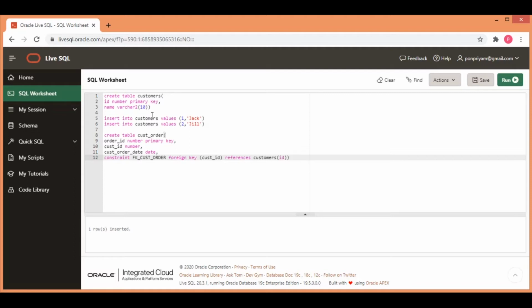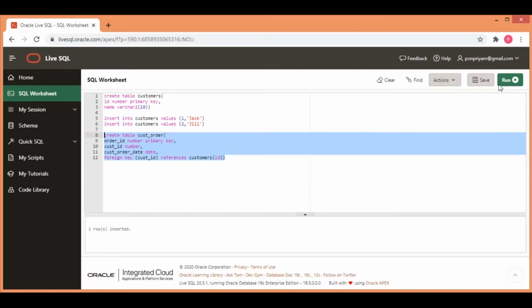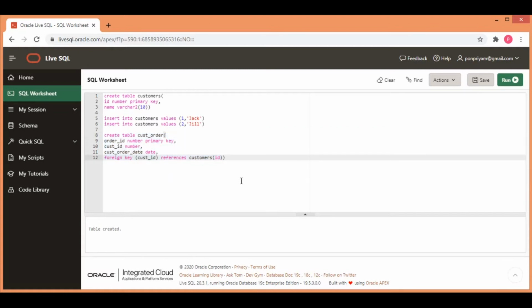So now let us see, I have just given a constraint name which you can skip also. So I'll remove this for reference. Foreign key, we are going to tell on which field it is in this table, which is customer ID, and it references the table customers field as ID. Okay, so now let us run this command and see how this works. So the table gets created. This is just an alternate method of creating foreign key. You can also name the constraint as I showed before.